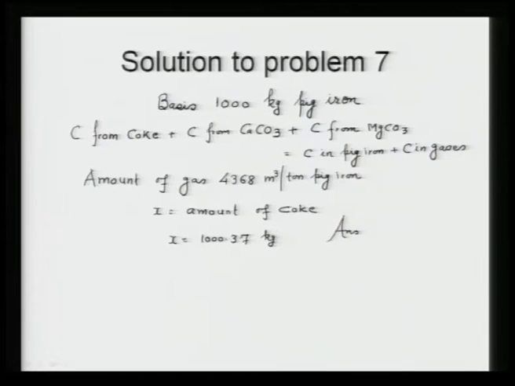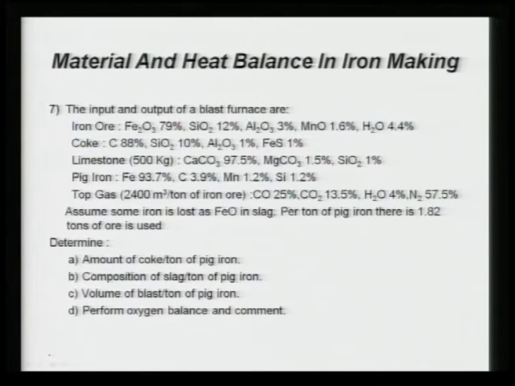Now, the second part says that you have to calculate the composition of slag, and no conditions are given. All that you have to know first of all, from the basics of blast furnace iron making, is what elements will be in pig iron and what elements will be in the slag. Accordingly, you make the balance, because the amount of pig iron, iron ore and limestone are known to you. What is not known is how much amount of an element is going into the slag.